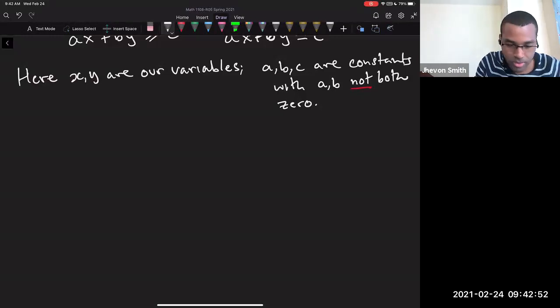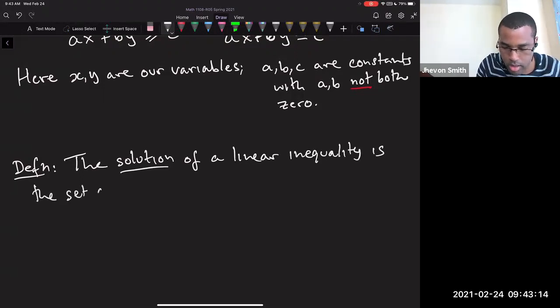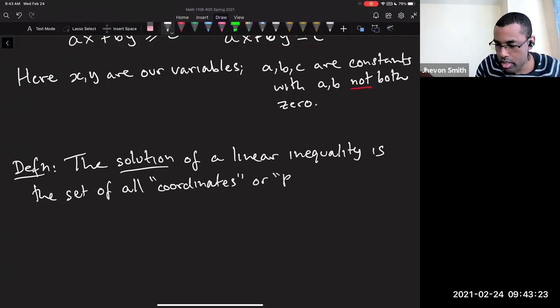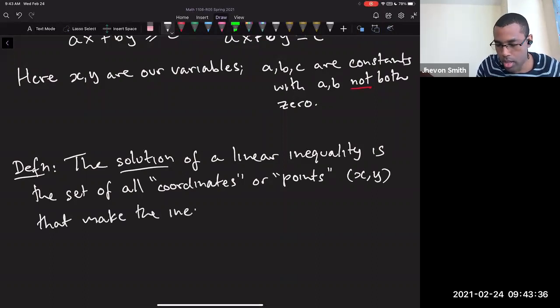So the solution of a linear inequality is the set of all coordinates or points, we call them pairs, x comma y, that make the inequality